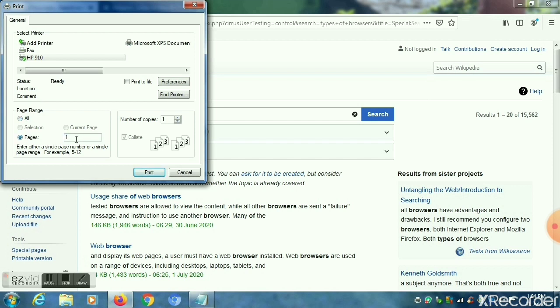Under page range, select the pages and give the page range 1 to 5, which is shown on the screen, and then click on the print option, so that the selected range of pages is going to print.